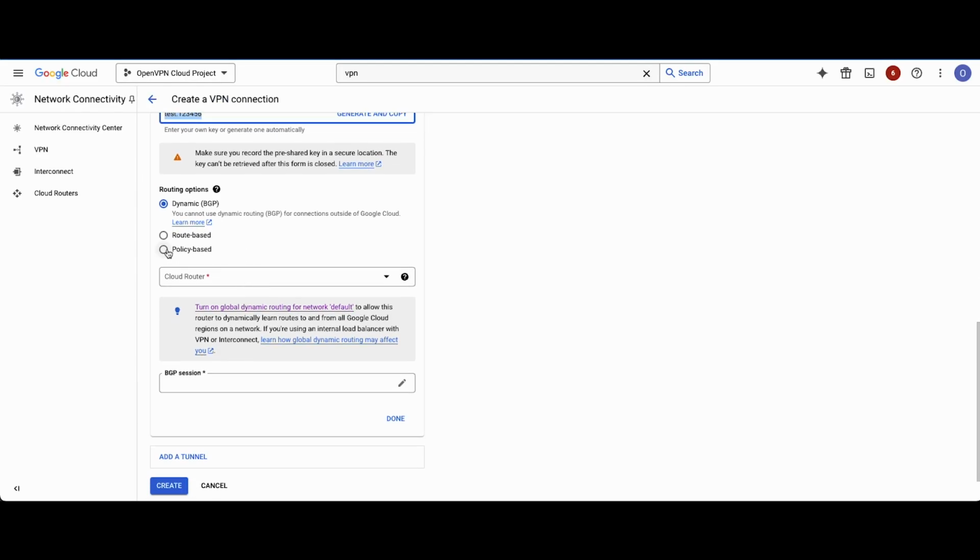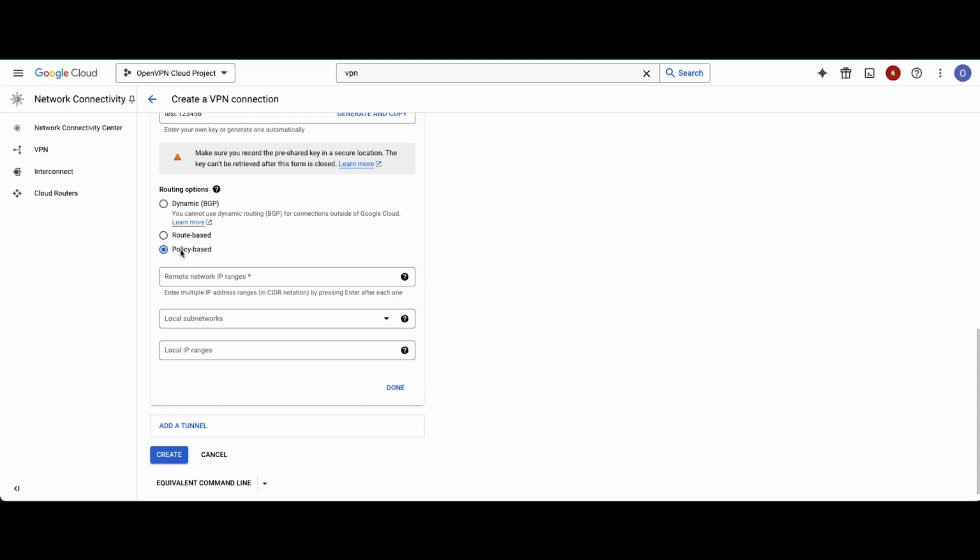Now we scroll down for the routing option. We're going to use policy-based. First, before we do anything, for the local subnets here, I'm just going to use the default local subnet and